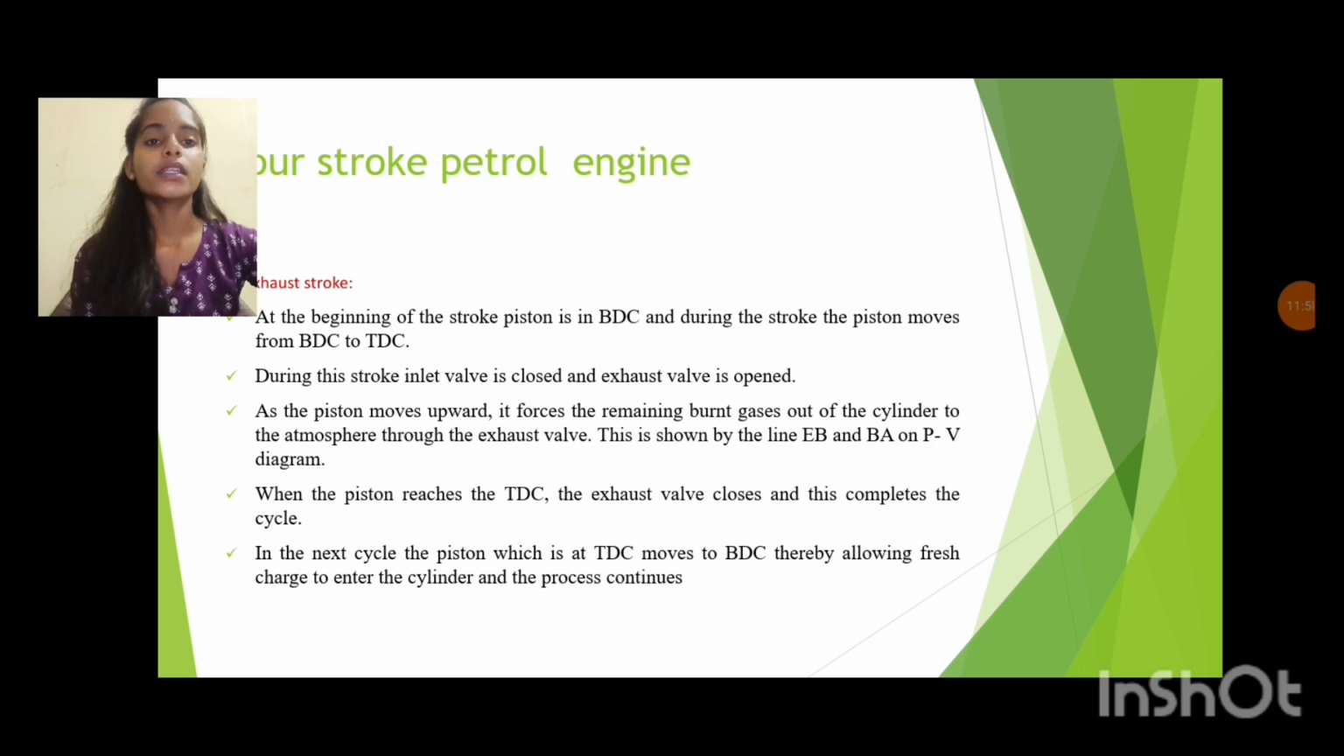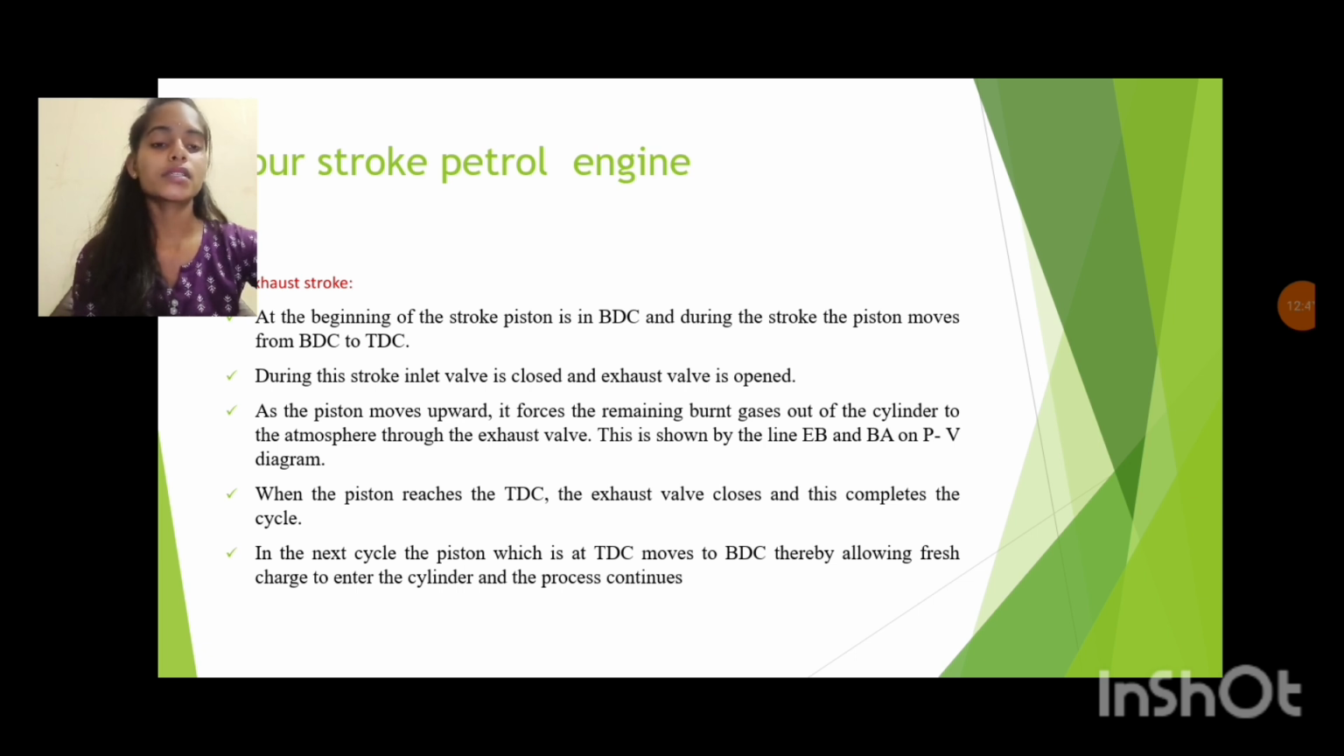During this stroke, the inlet valve is closed and the exhaust valve is open. As the piston moves upward, it forces the remaining burnt gases out of the cylinder to the atmosphere through the exhaust valve. This is shown by the lines EB and BA on the PV diagram. When the piston reaches TDC, the exhaust valve closes, and this completes the cycle. In the next cycle, the piston which is at TDC moves to BDC, thereby allowing fresh charge to enter the